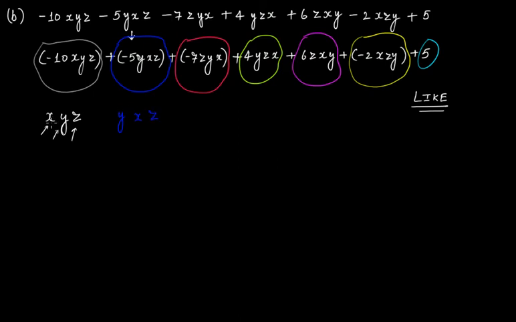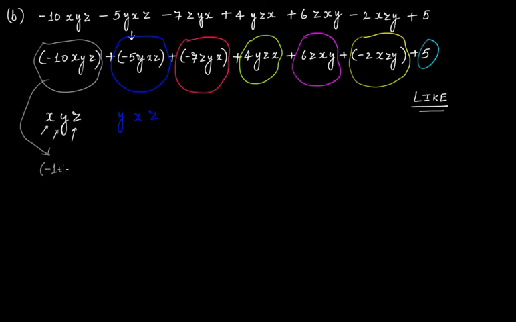Exactly the same as this one. The only thing is that their orders are different. In this case we have x, y, z, but in this case we have y, x, z. Orders don't matter. Why? Because if you write this in the form of its factors, then clearly it can be